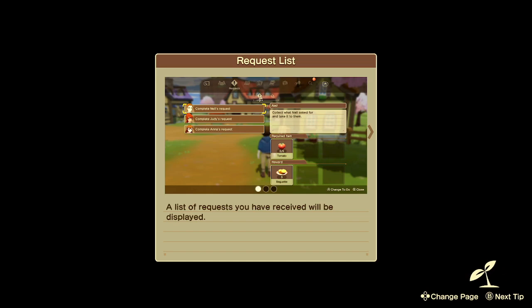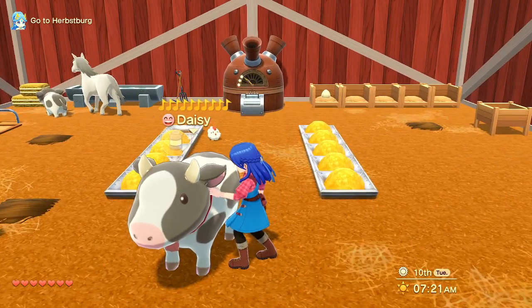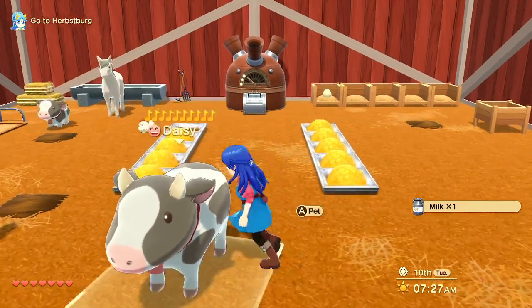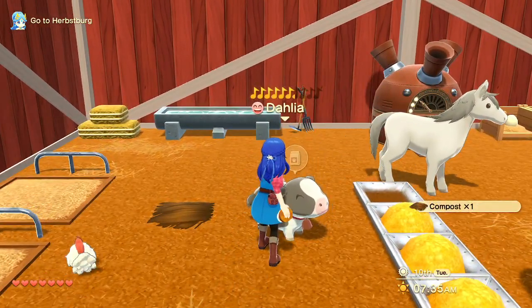Let's go meet our little chick. And now we'll start getting 2 eggs every day once the chick grows up and is full hearts. That gives us just a little bit more of an edge when it comes to being able to restore our hearts. Let's pet this little